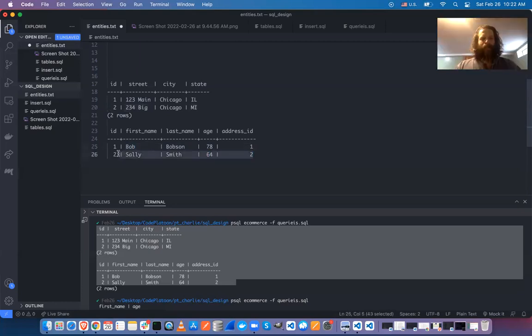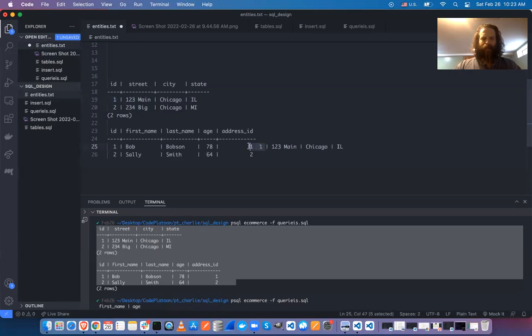Yeah. So the customer table has this link to the address table. So we can line them up by the customer's address ID equals the address's ID. This is a little confusing because we're saying ID a lot, but this is the customer address ID is 1. And here we have the address ID is 1. So we can take this record and line it up here